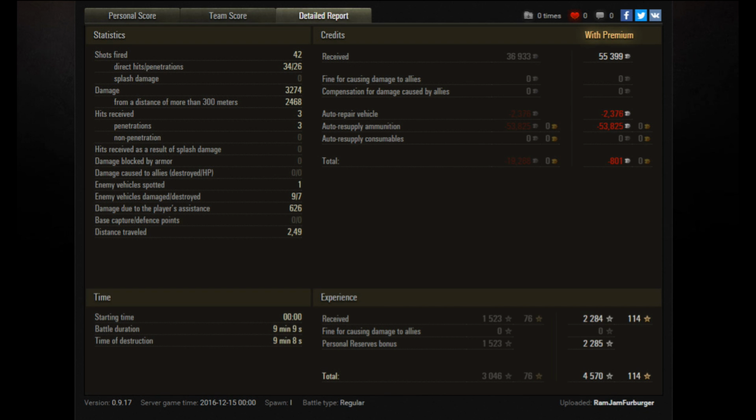So that was Circonflexes on El Haluf, dragging his team to a very, very close victory in the Stridsvagen 74, the new Swedish tier 6 medium tank, just released in World of Tanks patch